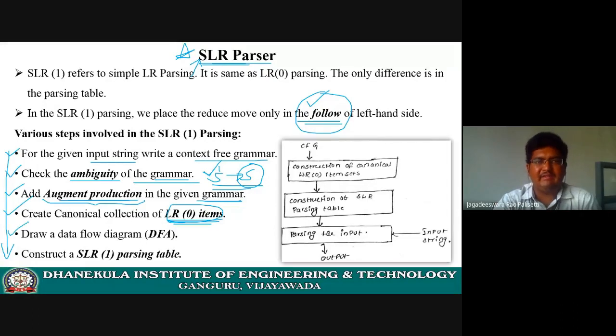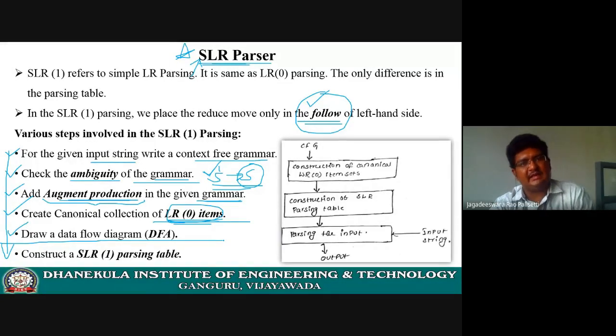At last, what you have to do? Whatever we did in the derivation part, nothing but whatever we created as the states in LR(0), we have to relate them into a diagrammatic representation called a DFA. Up to here, drawing of the DFA, everything is exactly the same. Everything in SLR is exactly similar to that of LR(0). But here, in the last step, at the time you are going to construct the SLR parsing table, we depend on the follow function in order to avoid the conflicts.